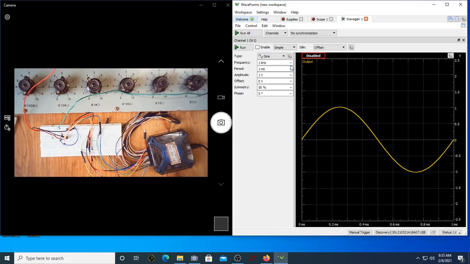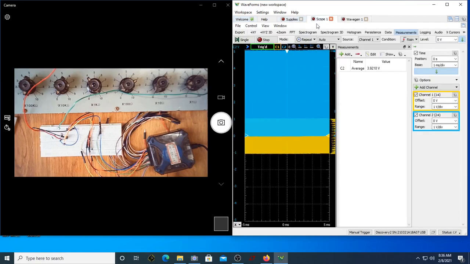Typically, since we are looking at the midband gain, you keep the frequency around 20 kilohertz, 30 kilohertz, 50 kilohertz, anything is fine. And let us see what happens if I apply 1 volt. Suppose by mistake I don't change this and I apply an input voltage of 1 volt, you can see what happens. So this is how we're going to get it.